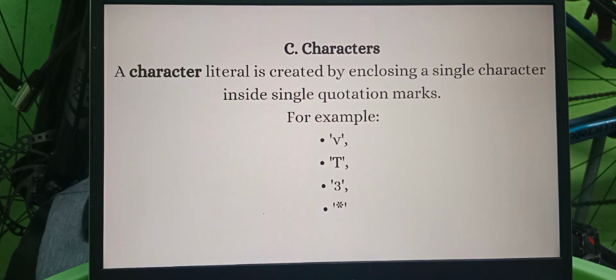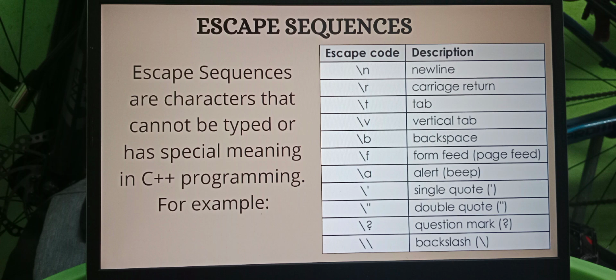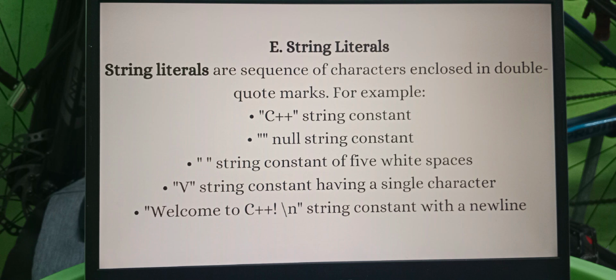C. Character. A character literal is created by enclosing a single character inside single quotation marks. For example, D. Escape sequence. Escape sequences are characters that cannot be typed or have a special meaning in C++ programming. For example, E. String literals. String literals are a sequence of characters enclosed in double quotation marks. For example,